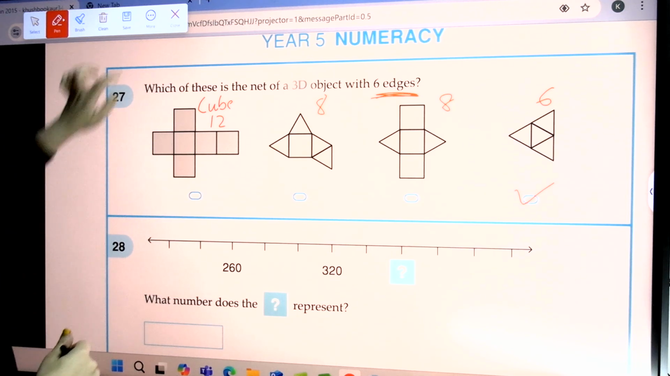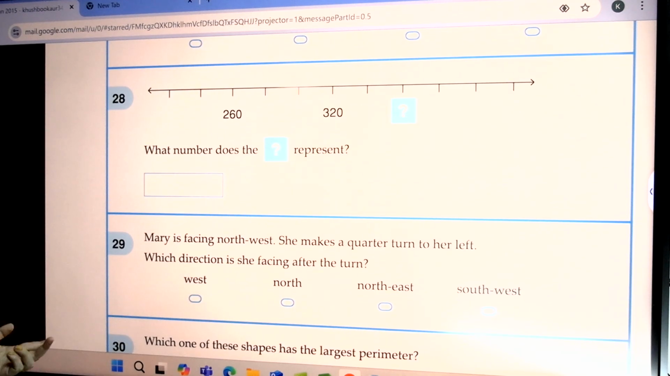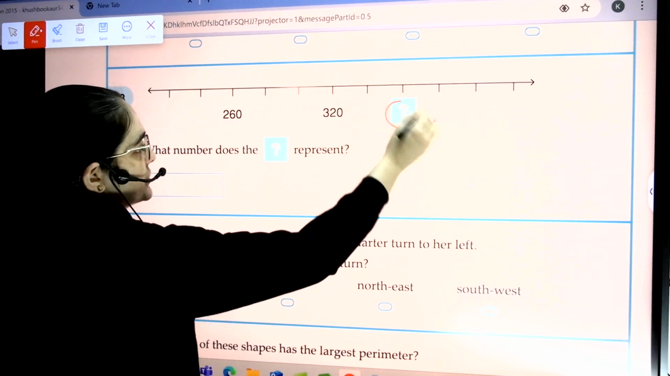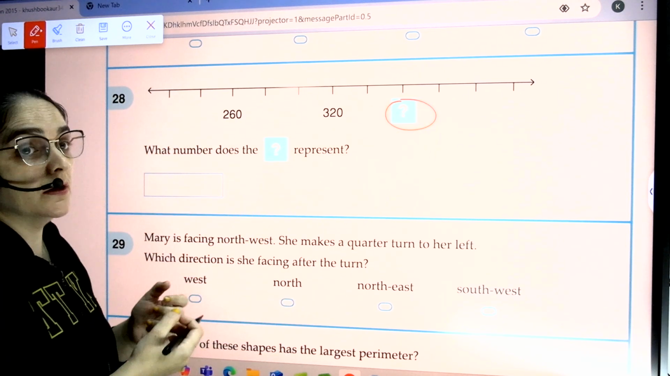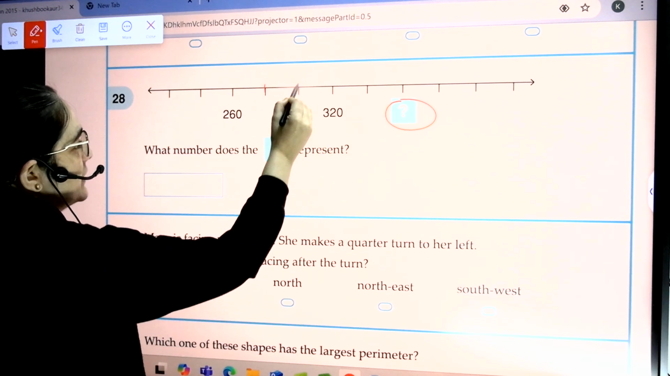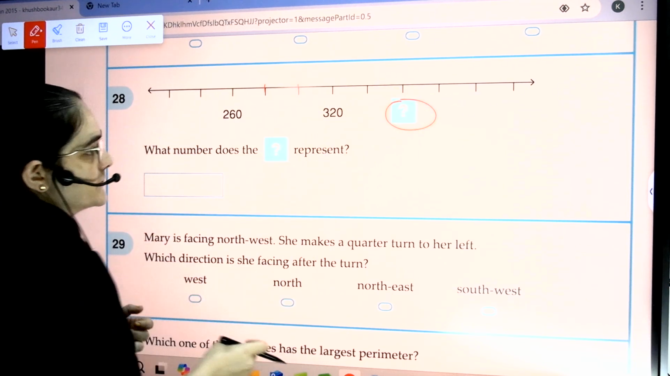Okay, let's move on to the next question. 28. What does the question mark represent? So this question is about a number line. Okay, so this is the number line and this is the question mark. Then you have to analyze, see what exactly can this be, or can be the pattern. See 260, 320, and then they left 2 points. On the number line we generally leave equal spaces, and